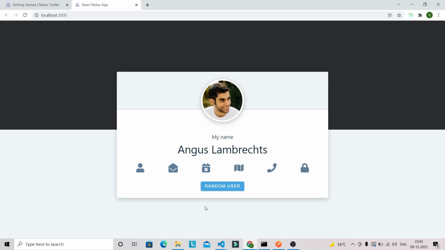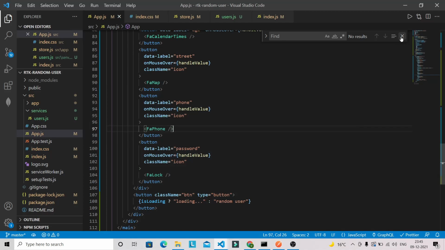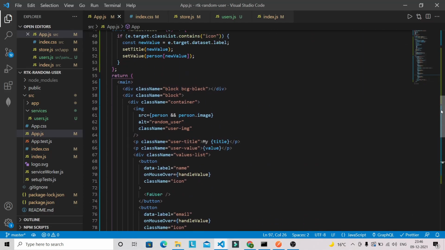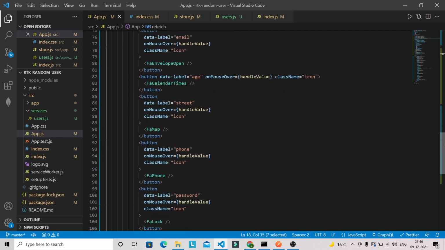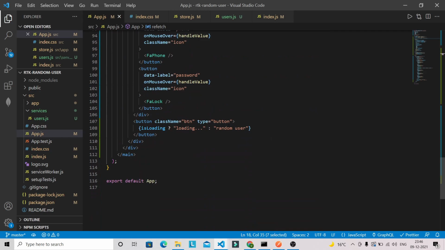We also have to work on the random user. If the user clicks on this random user button, you will get a new user. Let's do that one as well. In order to do that, that's why I brought in this refetch. If you look at the top, we have brought in this refetch, so we can use it in this button.